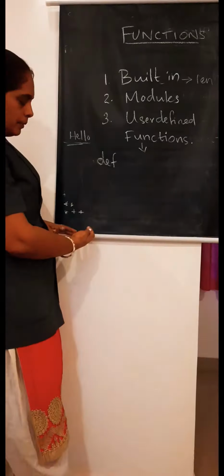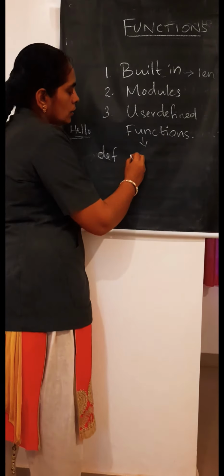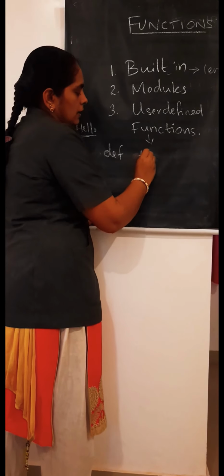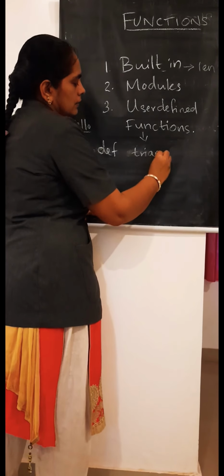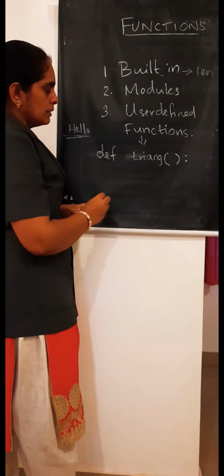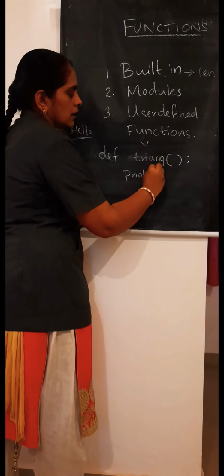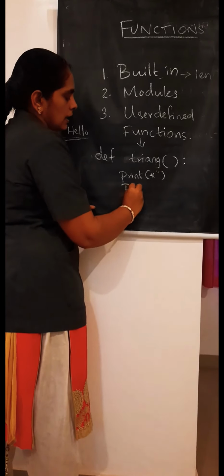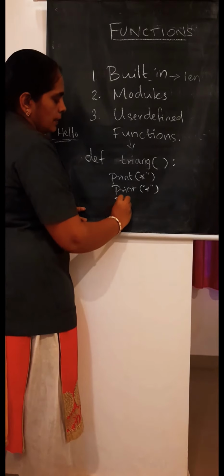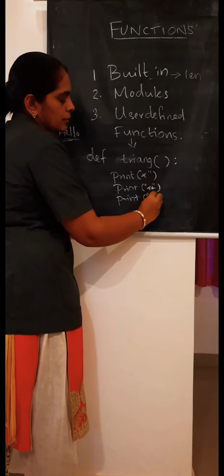now we are going to prepare a pattern for this. How to write a function for this? Def is a keyword. Then you can put anything, or if you put triangle, so you have put triangle. Then you put the bracket. Then you have to put the colon. Now I want to print the pattern. So you know that print star should be in quotes. Then again we put print star in quotes, print double star. Then print, you have to put a triple star.